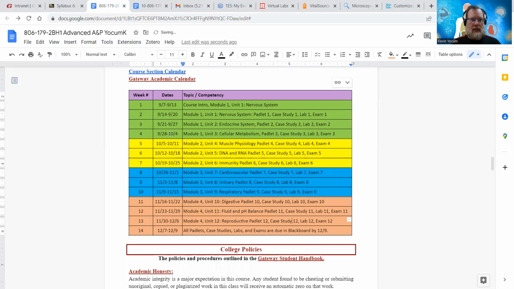Now I do have dates on here. You can see date ranges. Again, these are just guide markers. These aren't due dates. So remember, the final due date really is going to be, again, I have to have grades in by December 9th around midnight. So technically you have until December 9th, but try to have everything done well before that, because you have the opportunity to do that. Everything's available. All right.